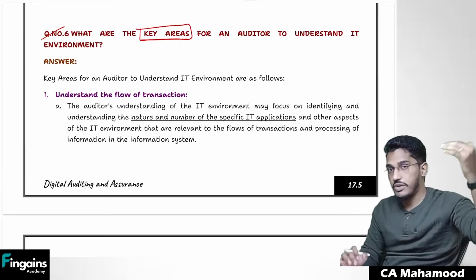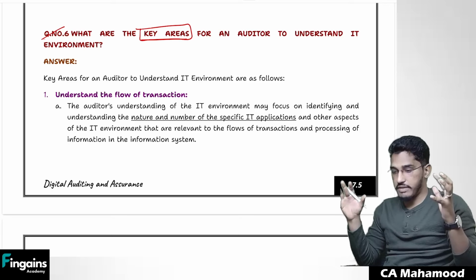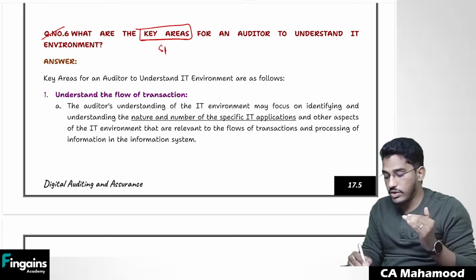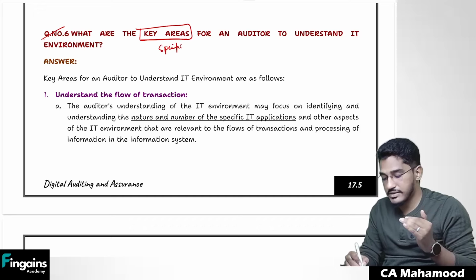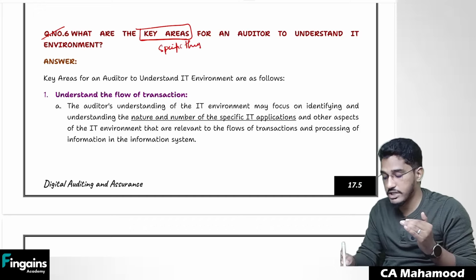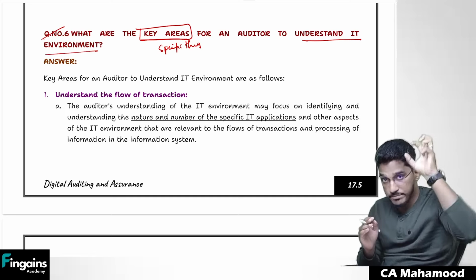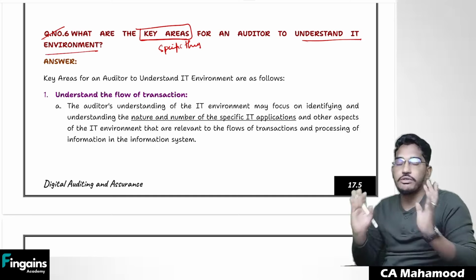Question number 5 talks about overall understanding of the automated environment. Now question number 6, they talk about specific things, key areas. What specific things you will try to understand regarding the IT environment. So the only difference is question number 5 is overall understanding, question number 6 is specifically what you need to understand regarding